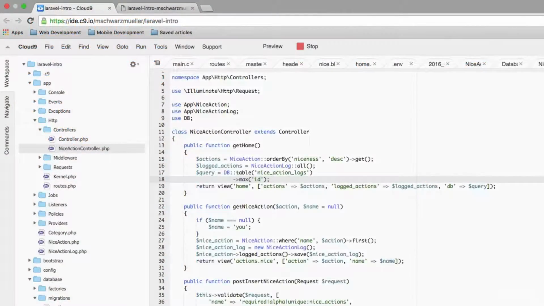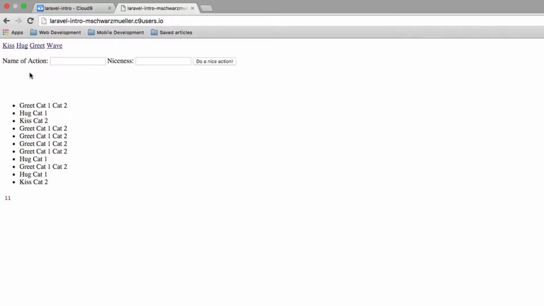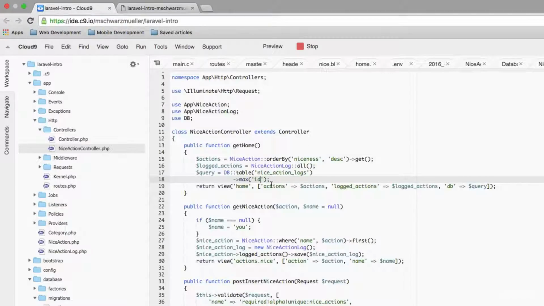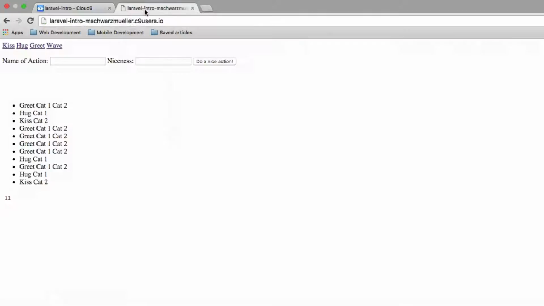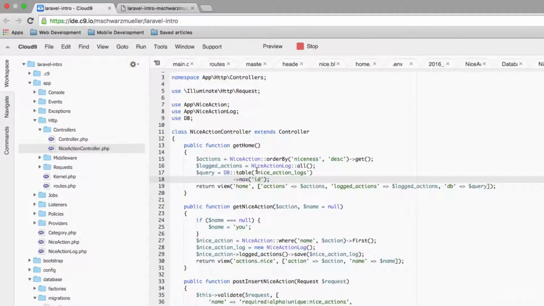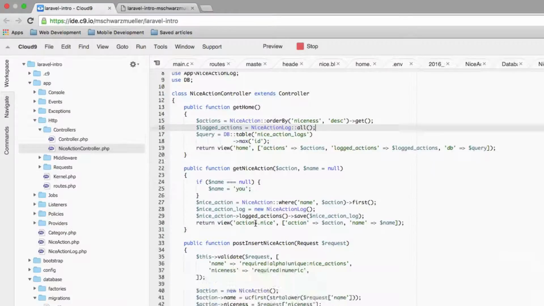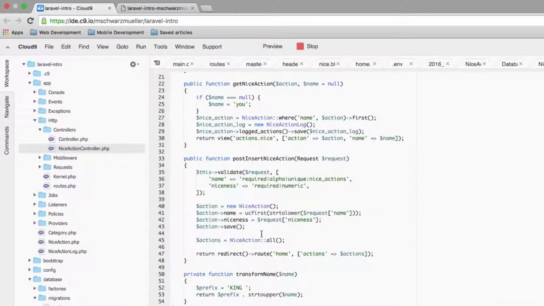As I said, now it's time for some data manipulation. Let's say every time we refresh this page here, I want to add a new log entry into our database. Like if we had clicked on, let's say, hug. I want to add a new hug entry every time we refresh this page. Now we could write it with Eloquent by just creating a new logged action, and we can see how we would do it